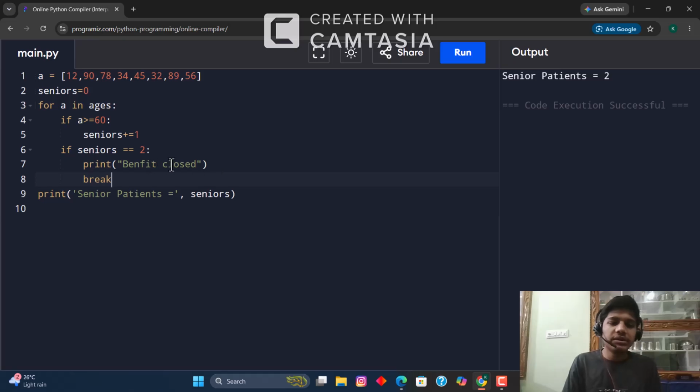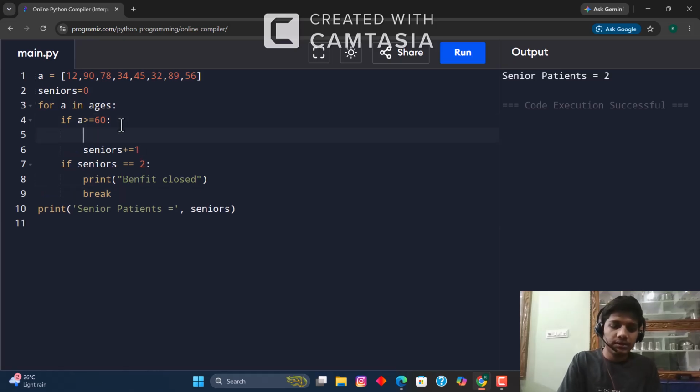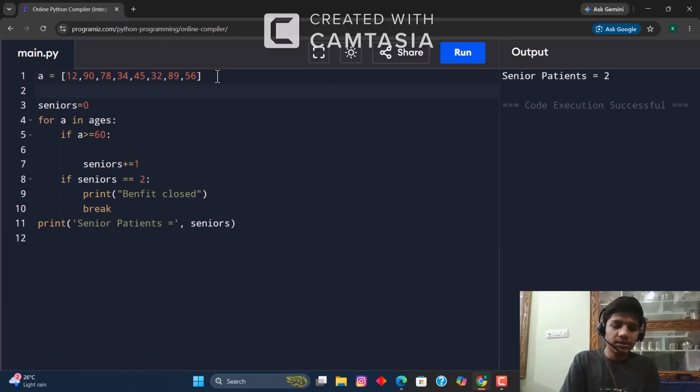After printing this benefit closed, it will stop the loop, because after the seniors there is no need of that. See here, for example, for each patient they will charge, equals to nearly approximately 2 lakh for an operation. What is the 30%? The percentage is also random. So we take percentage equals int of input of